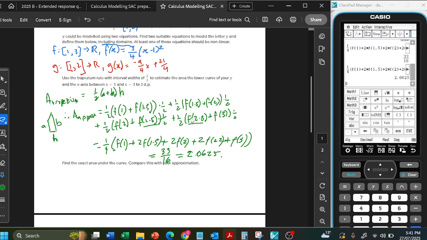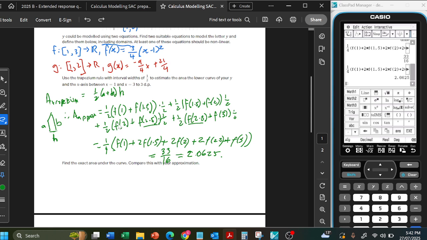2.0625. Now, of course, doing this in a tech-free assessment would be quite hard because you'd need to make sure that your fractions are all good, which I know is quite tricky when we're simplifying fractions. But here, this is a tech-active assessment, so you don't need to worry about simplifying the fractions on this SAC. So don't waste time showing me all of the working out for that. It's perfectly fine to just write even that first formula there and just write me what the answer is,